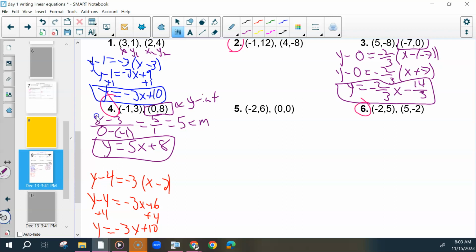In the next 10 or so minutes, I want you to do as many of these 3 as you can. If you finish them in the next 10 minutes, raise your hand, I'll come check them. The first thing we'll do tomorrow is go over these if you don't have time today. But work through those 3, compare with the people around you. Let me know if you have